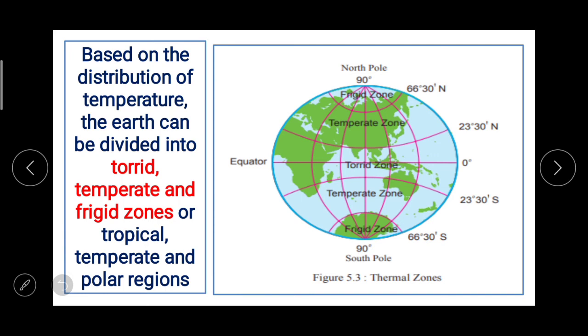Observe the figure which is given in our textbook 5.3 thermal zones. In that, this one is the equator, then the frigid zone or polar regions, temperate zone,